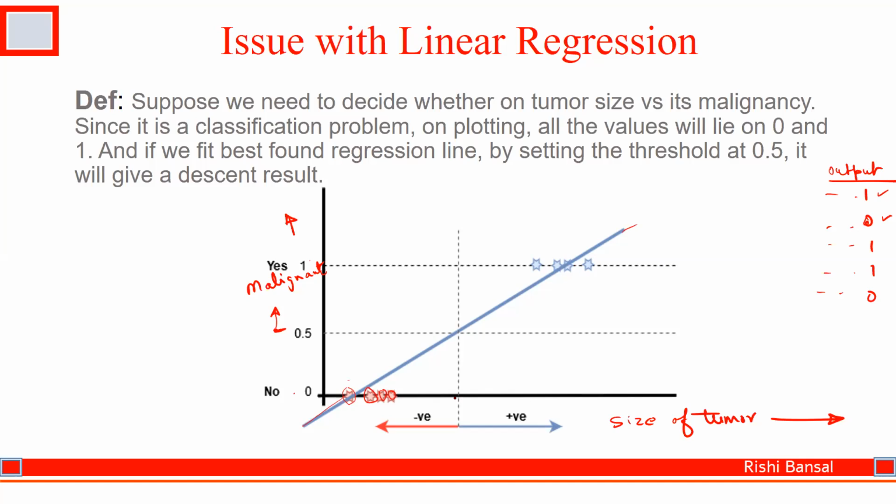And based on size, if you set the probability threshold at 0.5, then before this size, suppose the tumor size is 2 centimeters, up to 2 centimeters it is not dangerous, it is fine, not a big problem. But if it exceeds 2 centimeters, then it becomes a very big problem. So this case is clear to everyone.